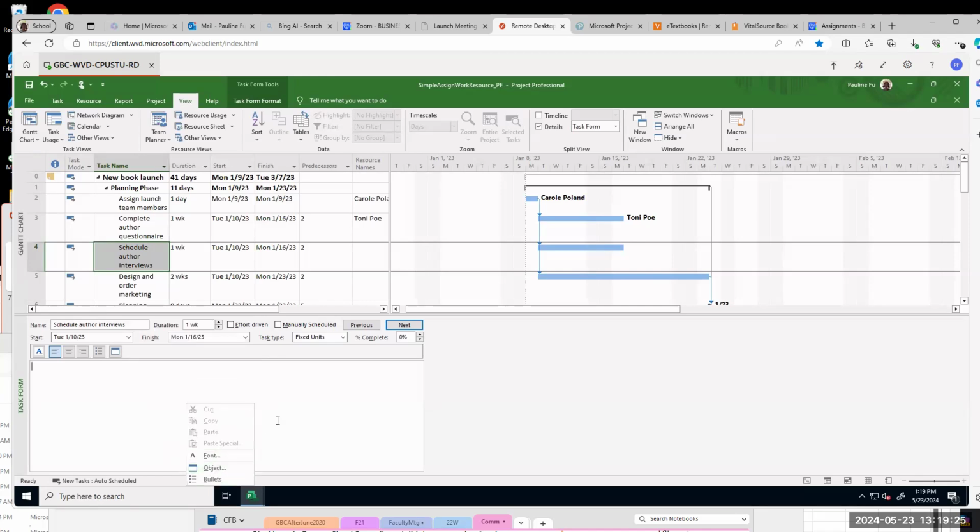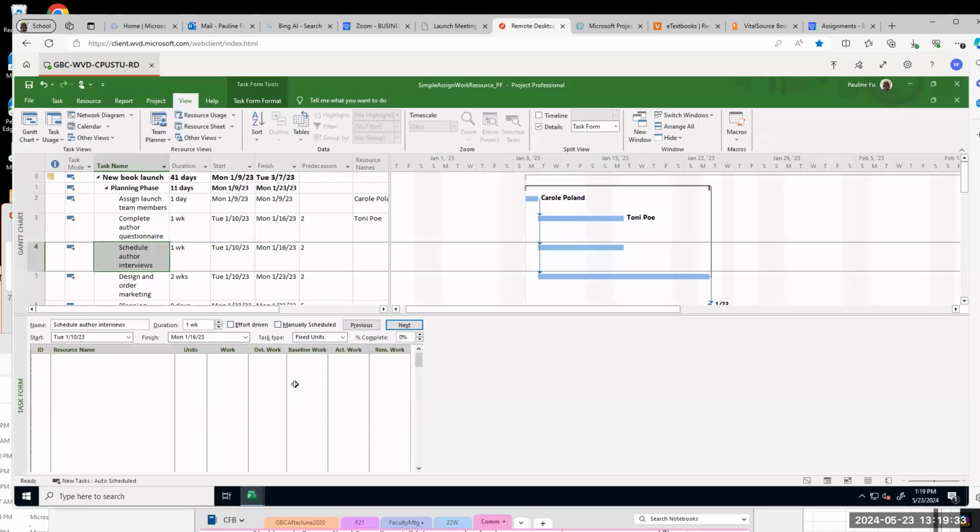You do not see work. Right click your mouse here. You see work. So we finished step 4, in the lower pane display the task form for work details.